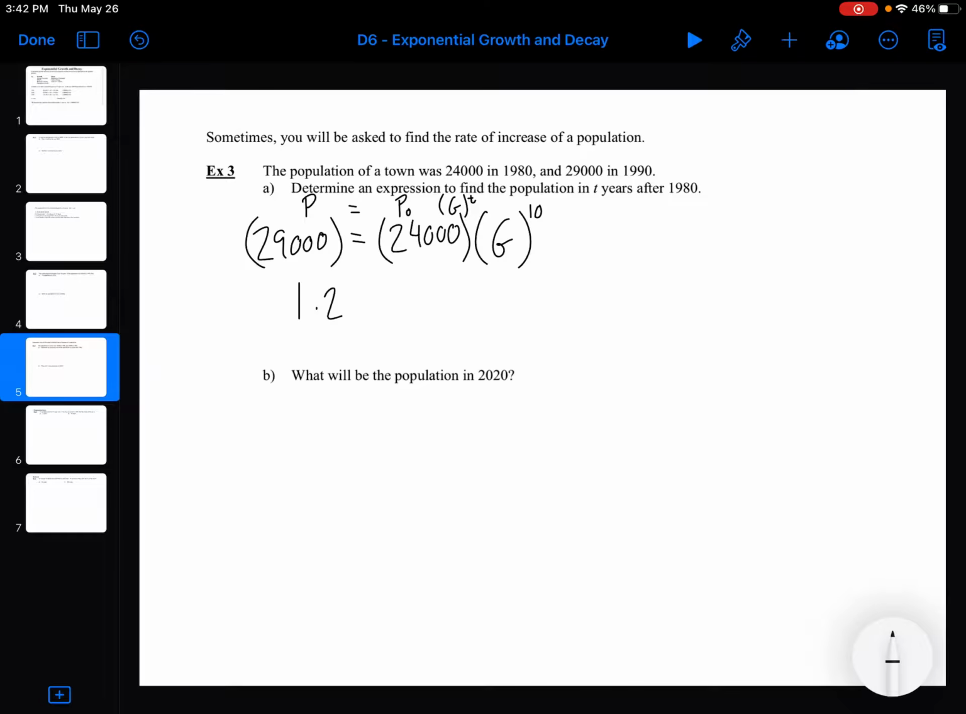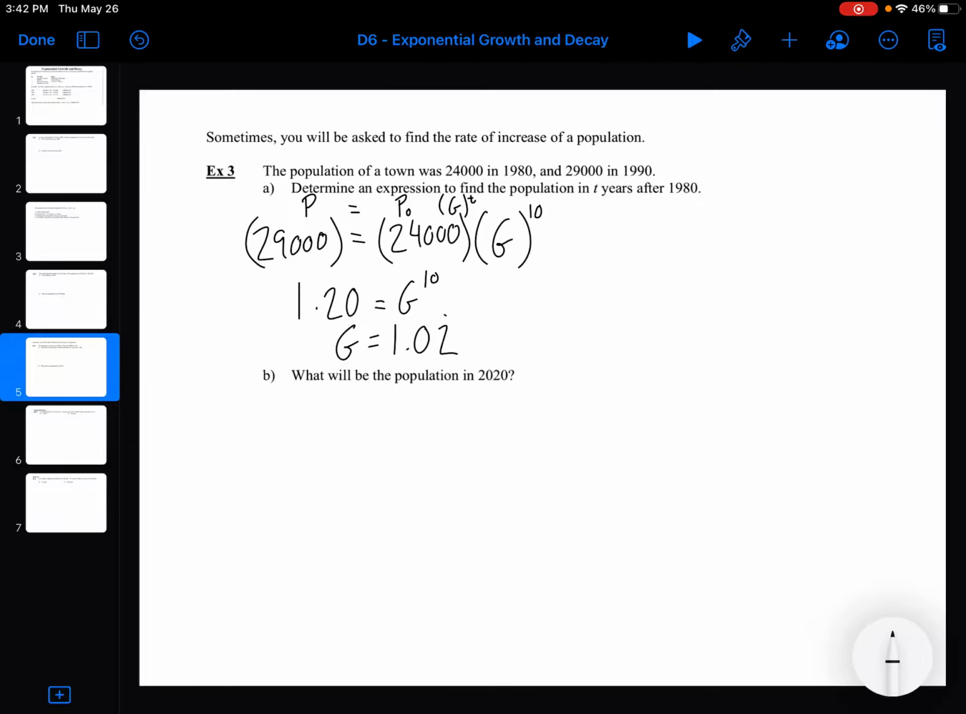Okay, we're going to get 1.208 and a whole bunch of threes. And now a lot of people forget to get rid of that g to the 10. All I have to do is take the 10th root of the other side. So I'm going to take the 10th root of the other side, and we're going to get our g value is